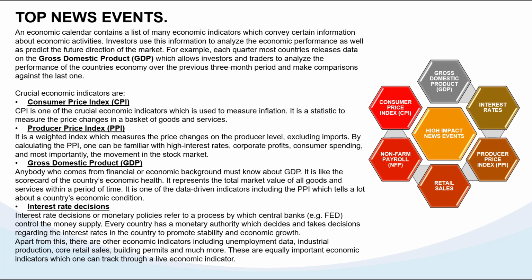Apart from this, there are other indicators which include unemployment data, industrial production, core retail sales, building permits, and much more. These are equally important economic indicators which one can track through a live economic indicator. So all these high impact news events that are listed here, which is the non-farm payrolls, the interest rates, the GDP, CPI, retail sales, the Forex calendar shows you all these events